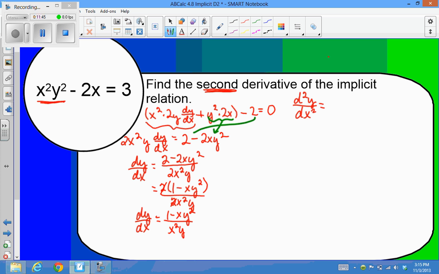now when I look back at what I had, I've got to do a quotient rule on this one. This one's a little bit tricky, so y'all stay with me. I've got my bottom, x squared y, times the derivative of the top. Well, the derivative of 1 is 0, so that's gone, okay? Then I have a minus sign, so this is going to be a negative, and then I've got to do the product rule, okay? So I've got first times the derivative of the second, which is going to be a 2y dy dx,